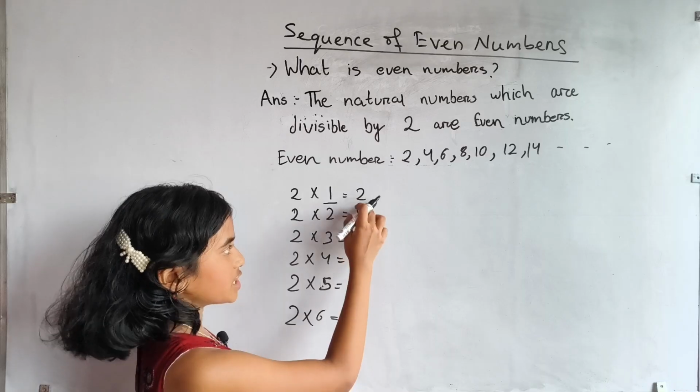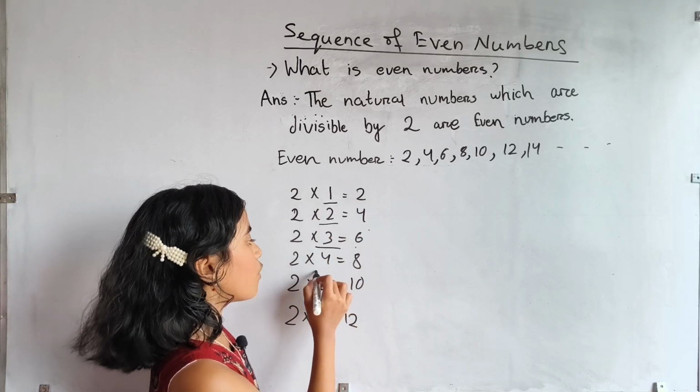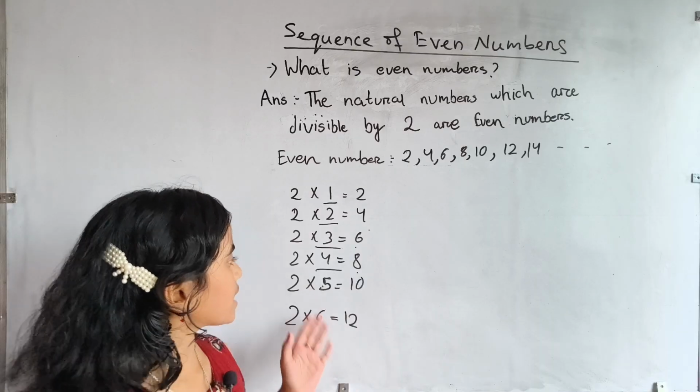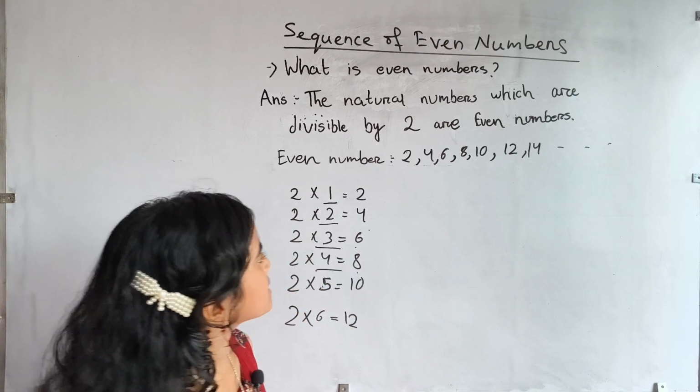First even number is 2, second even number is 4, third even number is 6, fourth even number is 8. By this way we can also know which one is first, second, third. So some questions are: